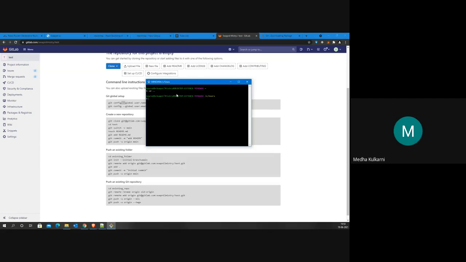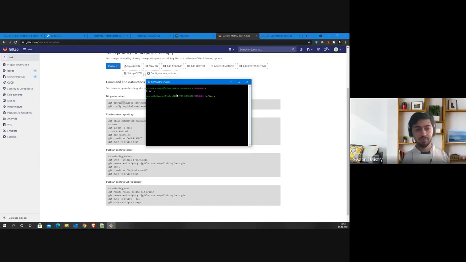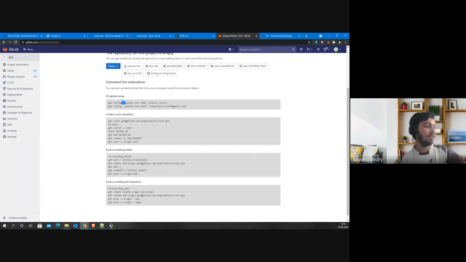Sir, I got remote origin already exists, so I have to just push it now. You got that. So if it already exists, then do one thing. Just delete that .git folder from your project. And then run this command again. Run git init again. Run git remote add origin, space, that URL again. Then run this command which you see. Can you see something called push an existing folder?